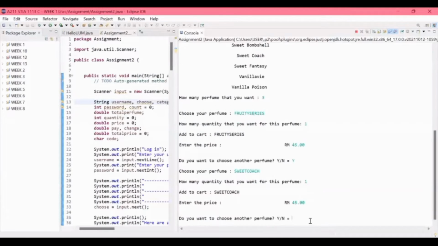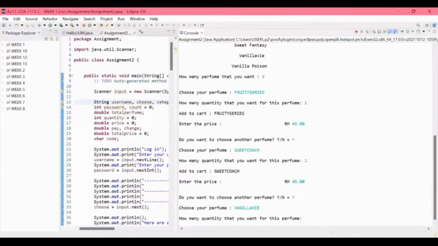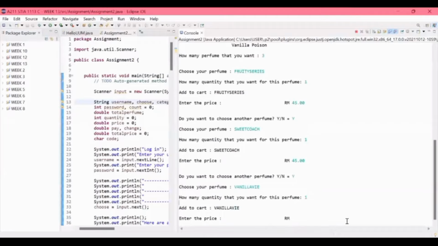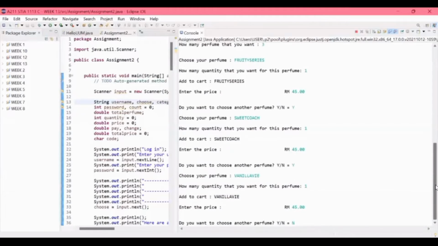And the system will ask again, and we can choose one more, and then the quantity is 1, and the perfume already add to cart, and we can enter price again, and the last one is we can put N for no if we don't